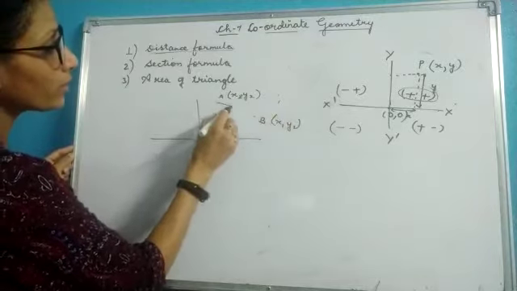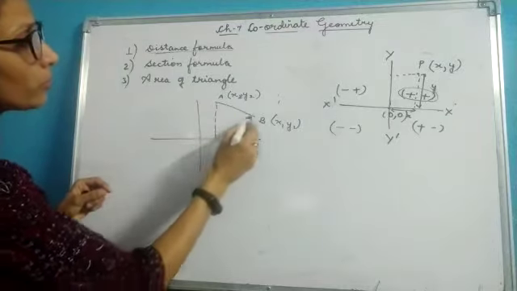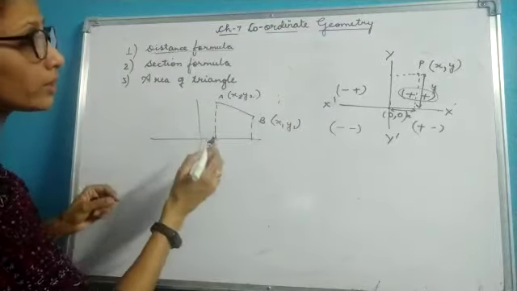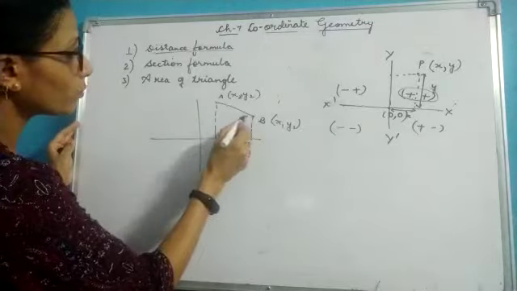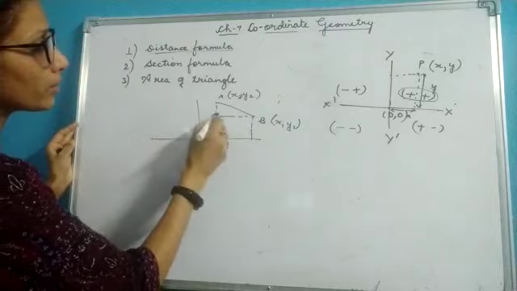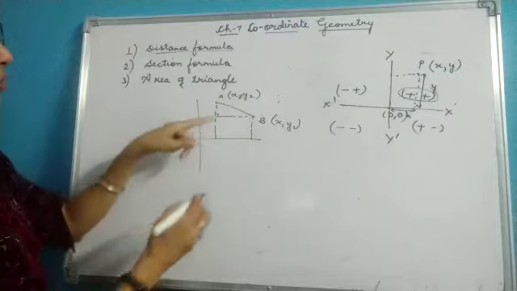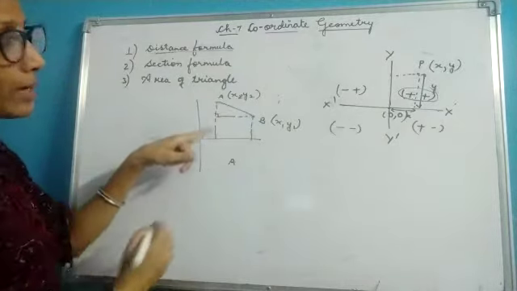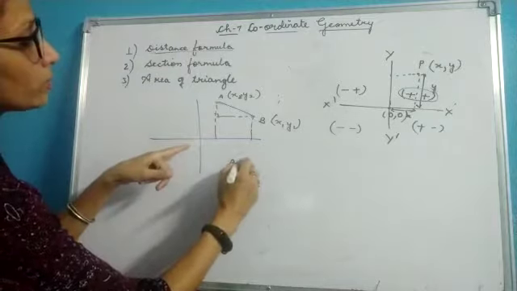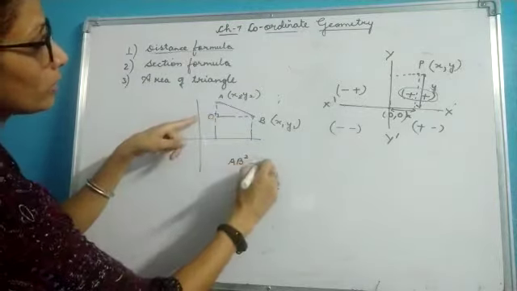If you want to find out the distance between these 2 points, then you need to put a perpendicular here. Now this is not a right angle triangle, so I need to put a perpendicular here also. Now a right angle triangle is formed. Now if I want to calculate the length of AB, then I'll apply Pythagoras theorem here. So it will be AB square equal to, let it be O, OA square plus OB square.